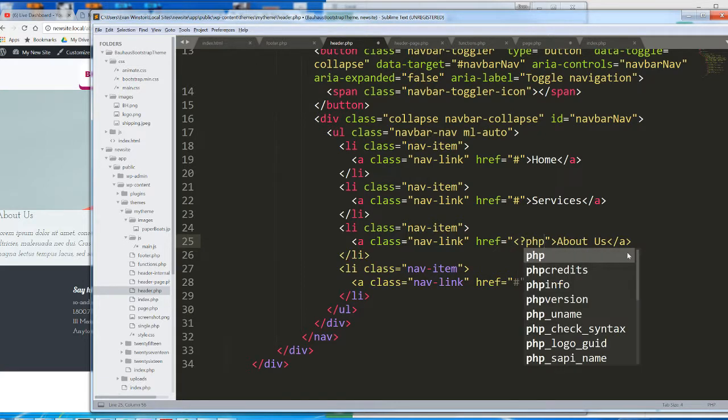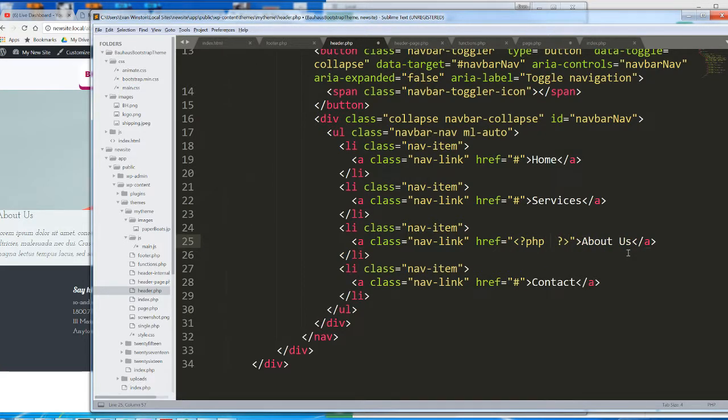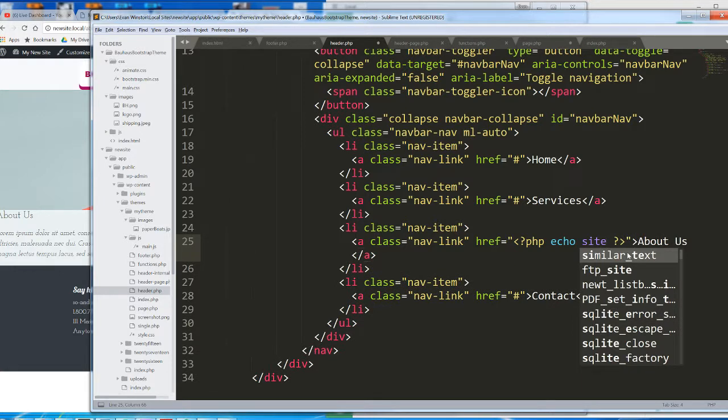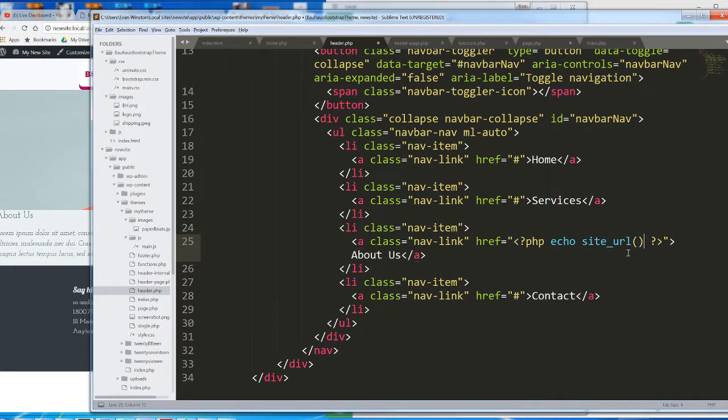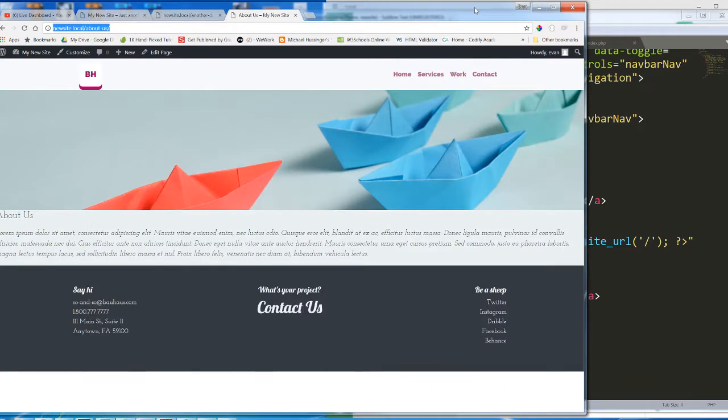So we're going to jump back into PHP mode here, inside the href of this anchor, and I'm going to echo the result of a function that is site_url. Now, site_url is going to return the URL of my home page, the URL of my root directory, where my page begins. So this is home. But inside the parentheses, if I then feed in an argument of /, and let's take a look here,